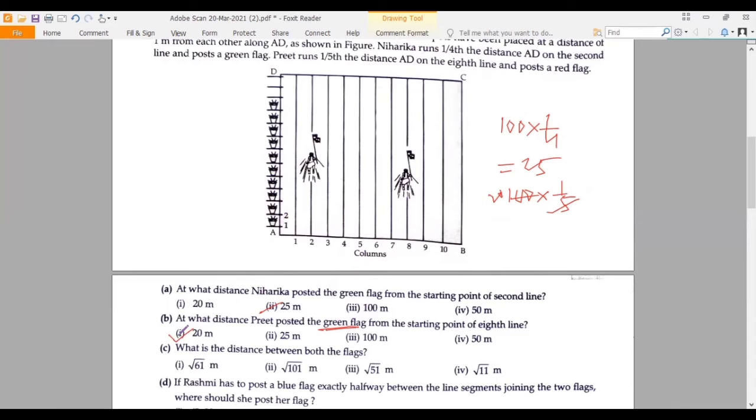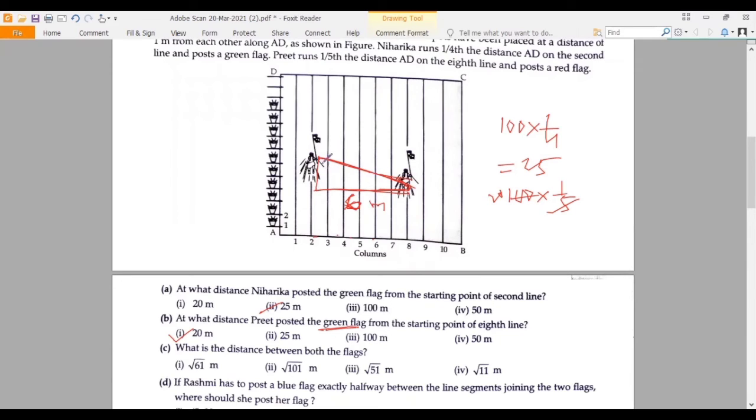Then the distance between both the flags. So you will get a rectangle here. Suppose the flags are posted here, from this one to this one. This track is a right angle triangle you will get. So the distance between the two, this one, like this. So a right angle triangle you will get. So this is the hypotenuse. The hypotenuse is the distance. So the distance between these two, 1, 2, 3, 4, 5, 6 meters. So this one is 6 meter, the distance between the two players.